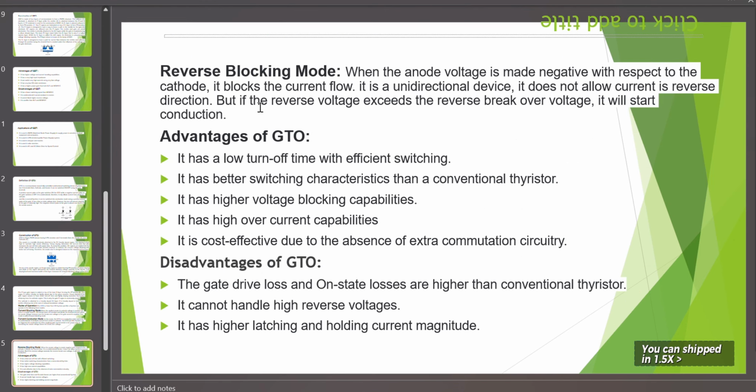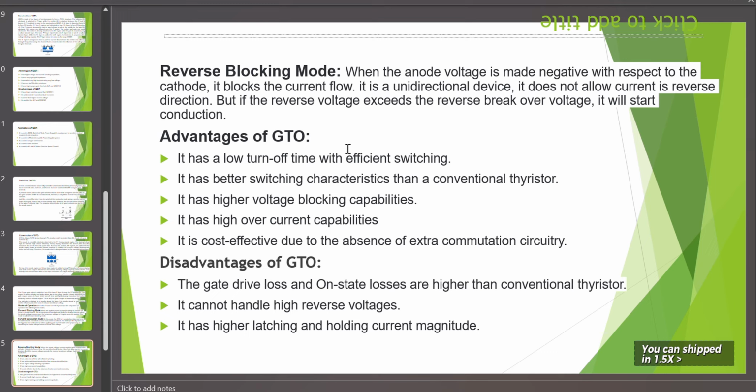Okay. And reverse blocking mode মানে কি, when the anode voltage is made negative with respect to the cathode, it blocks the current flow. এটা একটা unidirectional device, it does not allow current in the reverse direction, but if the reverse voltage is excessive, মানে যদি reverse voltage ব্রেকডাউন ভোল্টেজের থেকে বেশি বাড়ানো হয়, it will start conduction, মানে তখন রিভার্স ব্রেকডাউন বা অ্যাভালান্স ব্রেকডাউন হয়ে যাবে।